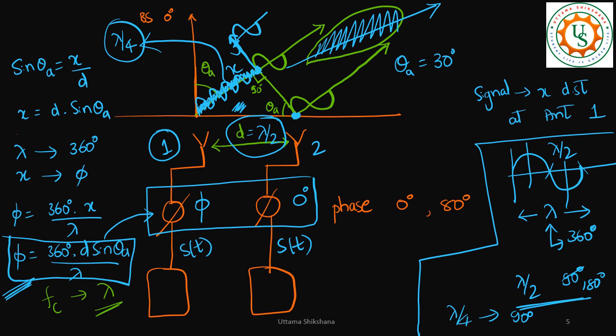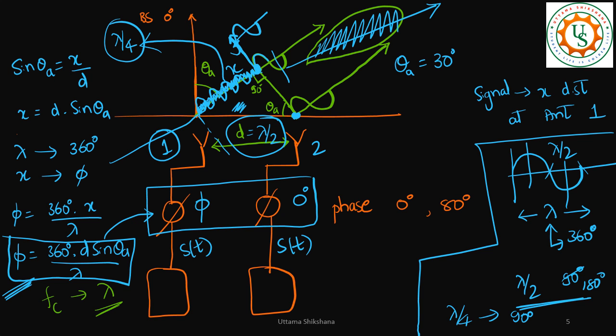So if the signal has to travel from the very beginning, anyway the signal has to travel just lambda by 4. I'm not writing it in a proper way. So let's say if I write it clearly, then